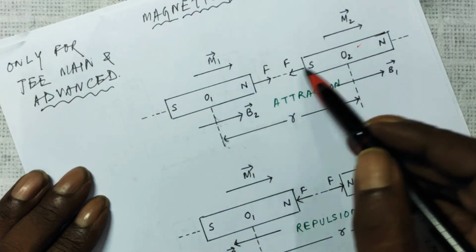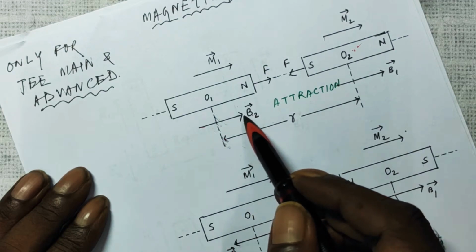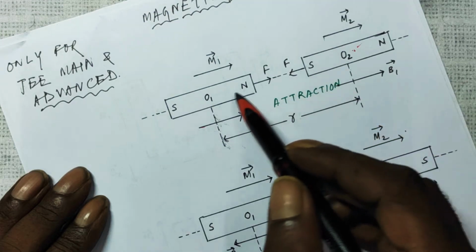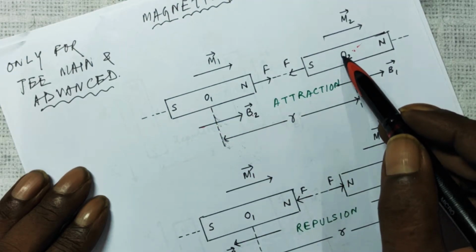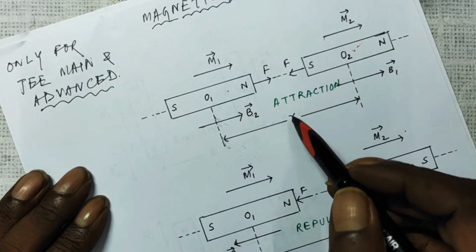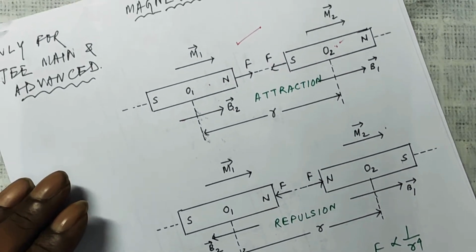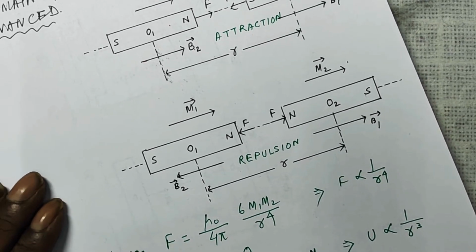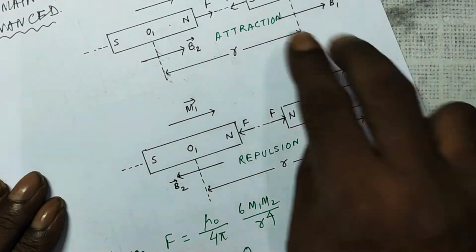So here the magnetic field due to this one is B2 to this side along the axis, and at the point O2 here, that is from here at a distance r, the field due to this magnet was B1 to this side and it was attracting. And this I had explained in lesson 12. You must go through lesson 12 before you watch this. And here, this magnet is just